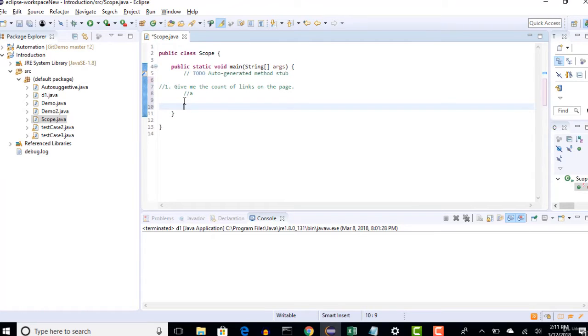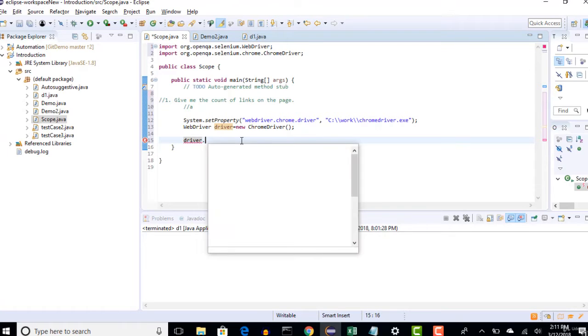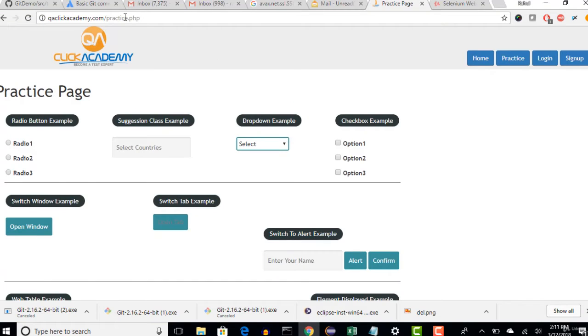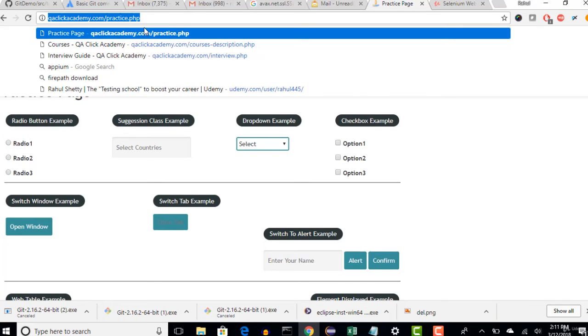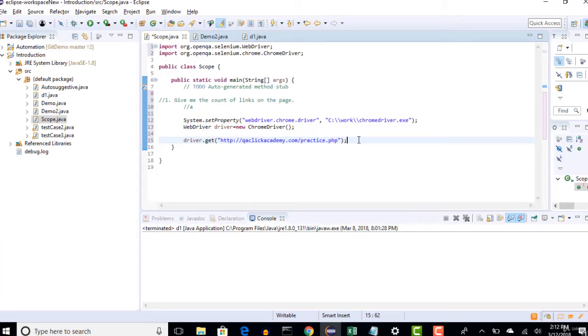Meanwhile I'll declare my WebDriver stuff here. I'll just copy it from my another test because I don't want to waste time again defining everything. So this will launch Chrome driver. Now let's go to that specific link with driver dot get. So this is a link. You can come from my website or you can just select this page directly, and that will take you to our link page.